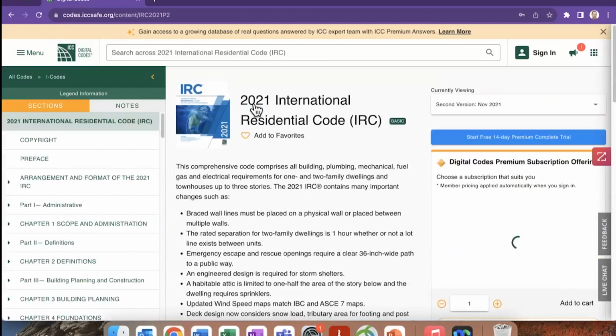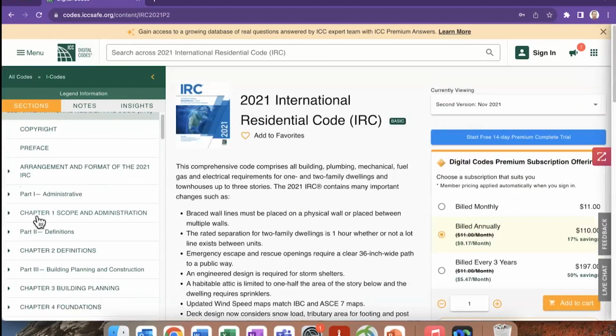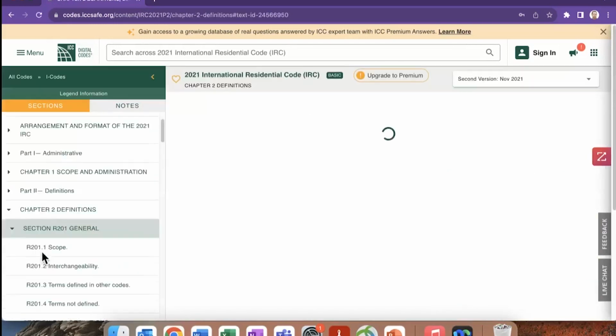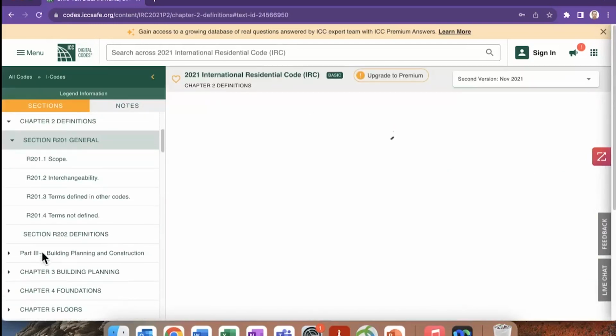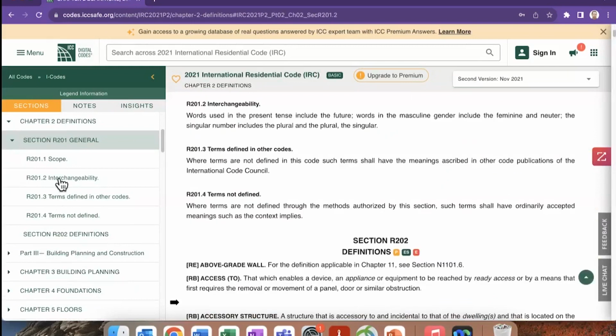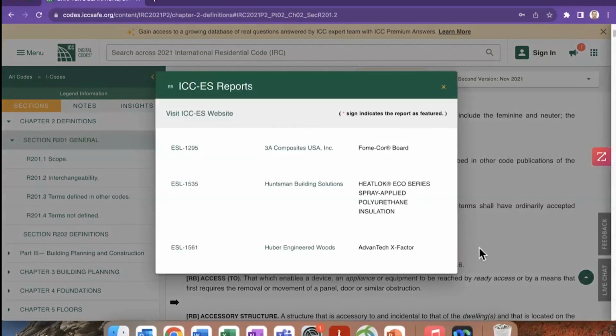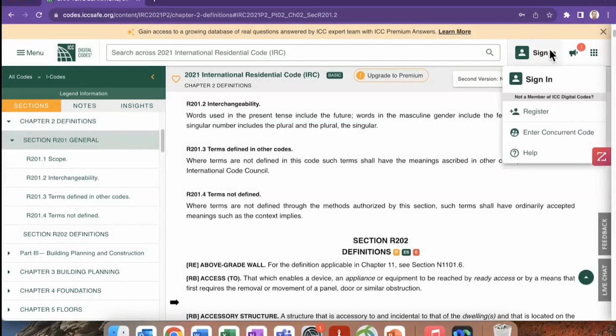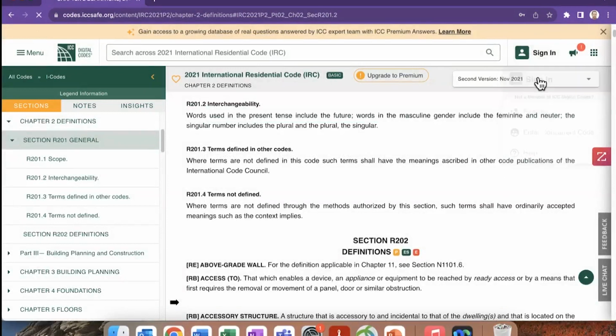And let me go to the 2021 IRC. So as we see here, we are able to, on the left-hand side, go through the index, table of contents. We're able to read the individual code sections, jump to those code sections as well, and be able to view them. Now you see all these other icons here and some other features I'll show you that are not accessible until we log in. For example, I can't highlight and copy and paste. So you are able to view without a license, but now we're going to log in